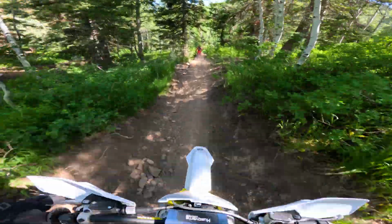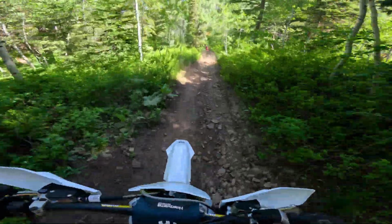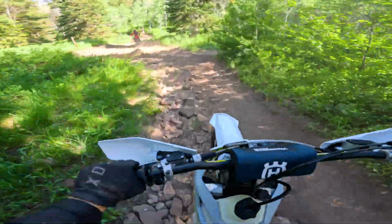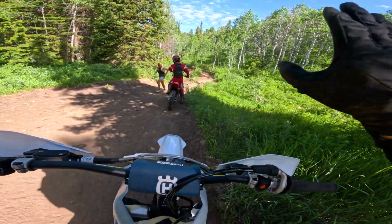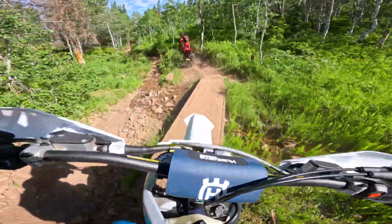Alright, so these super rocky bumps, let's feel the suspension. What? Visually it looks a little sketchy. It's like, oh, that's a lot of rocks. But when I go over them, I don't feel anything at all. It's just like a pillow. It's awesome. They really got the suspension right on these